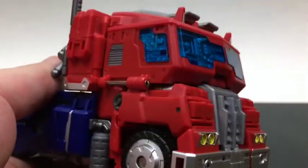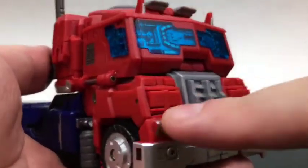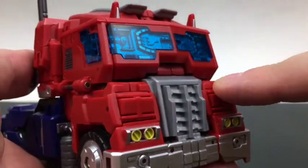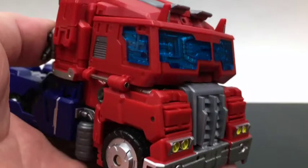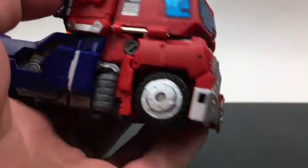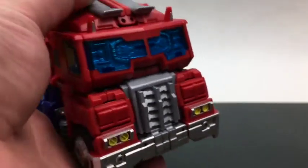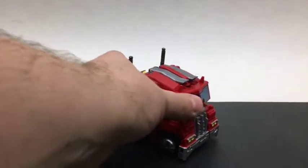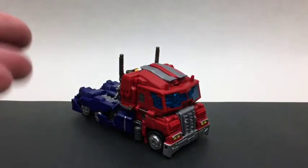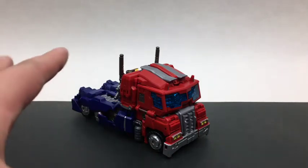Now, the big thing that made me hesitate on this guy is this weird pushed-in front gap thing. I don't much care for that. In hand, it's okay. It's not as terrible as I was expecting, and really, it's a very cool figure regardless. But